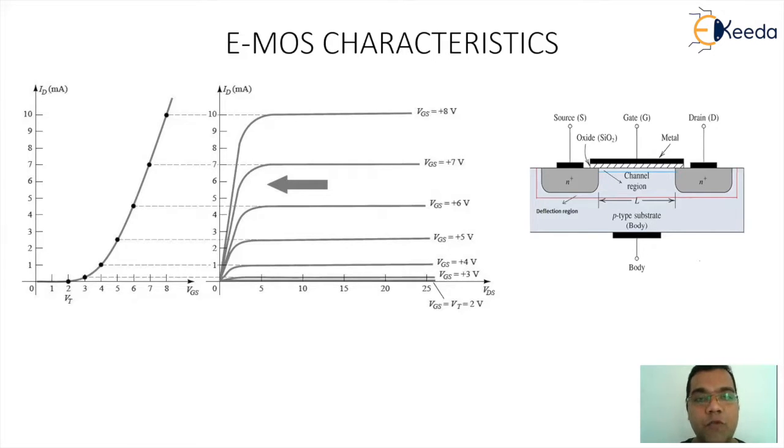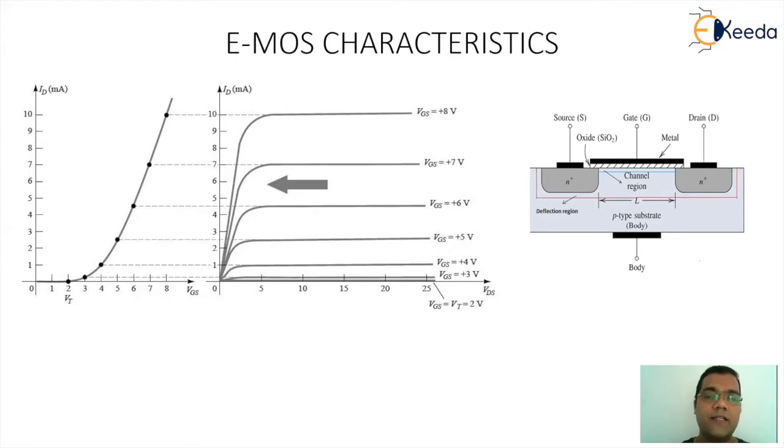So when you see the output characteristics, you can see ID versus VDS. For higher values of VGS, you can see higher values of the drain current. Obviously, for rise in VDS, after a particular point, the current is going to become constant. So in enhancement type, we are actually trying to enhance the count of electrons in the channel region, and then we get conduction. And that's the reason it is defined as eMOSFET.